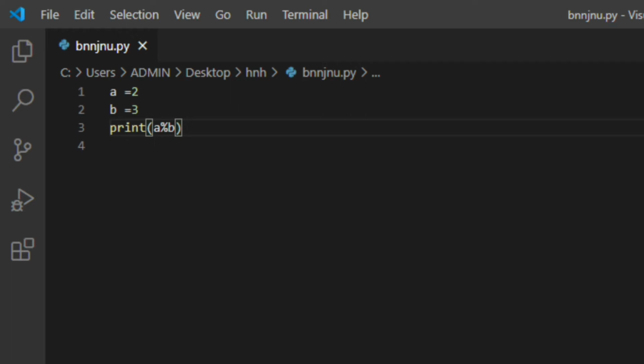Now variables are also called identifiers. So variables store a particular value, and by value I mean data types. There are three basic types of data types which I have told you, which are float, then integers, and then strings. Now what are these three types of data types? That is what we are going to discuss in this video.